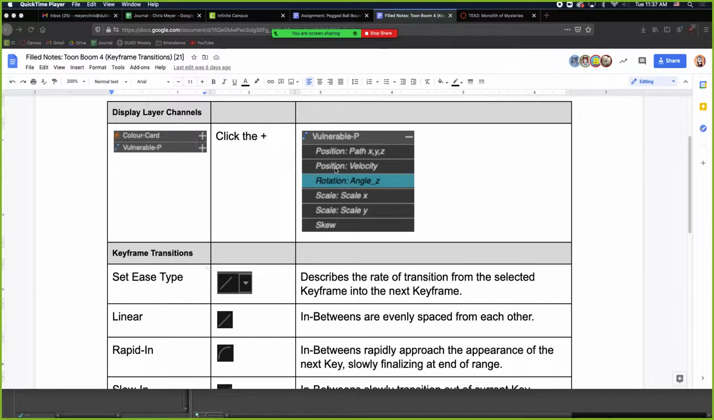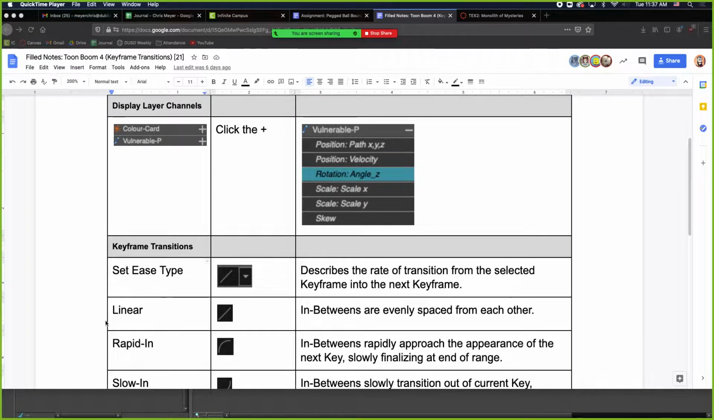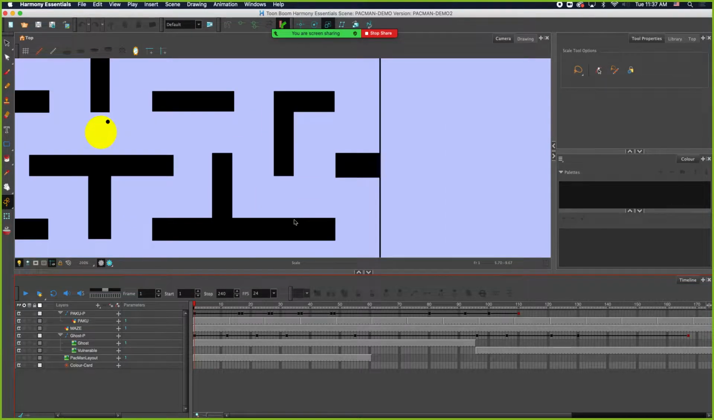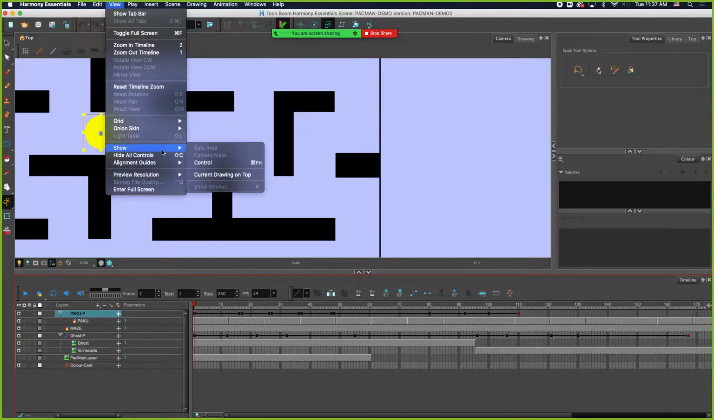So for that, I want to start us off in our PacMan scene, and I want to show you basically why you don't need to worry about ease in this one. So in here, our PacMan and our Ghost are, by our reckoning, supposed to be moving at the same speed throughout. So what we are describing is a linear transition between our keyframe locations. So if I go ahead and select my PacMan peg and show my control,